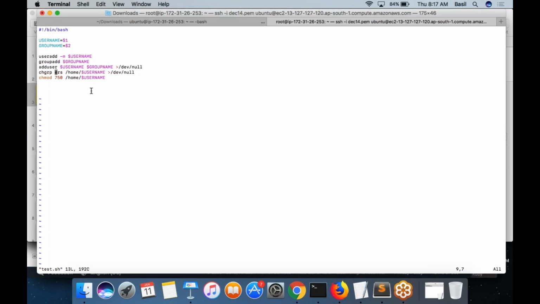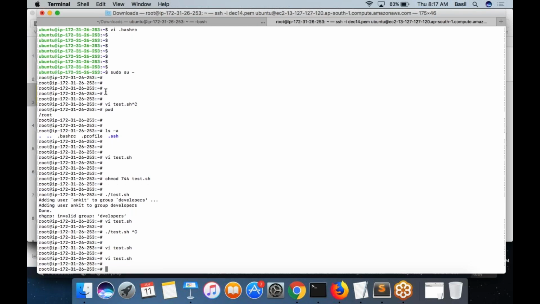Developers also, I am going to modify to $groupname. So now I am going to run this script. I want the user to be Venkat, the group to be DevOps.